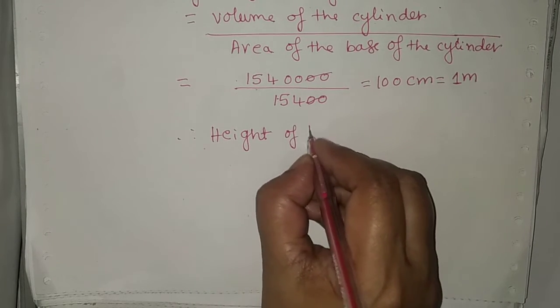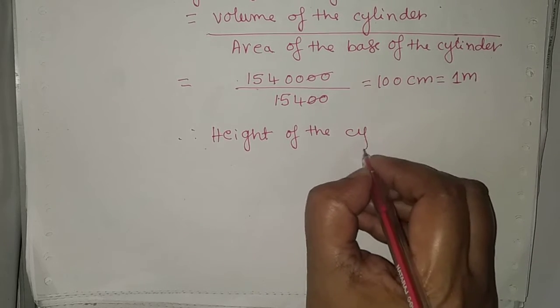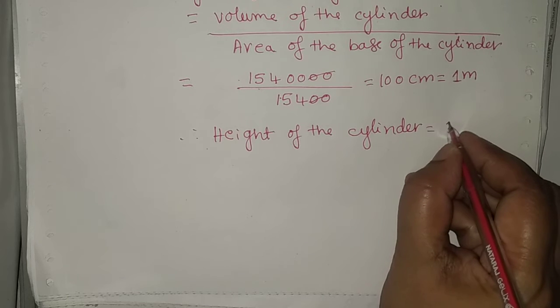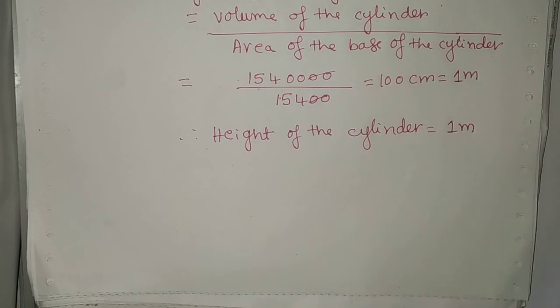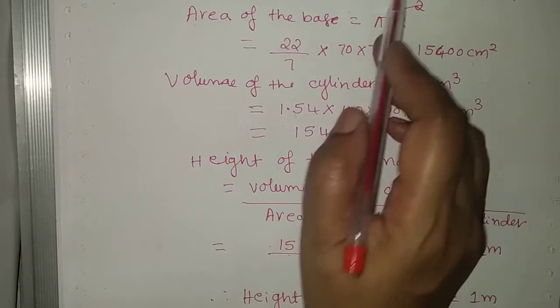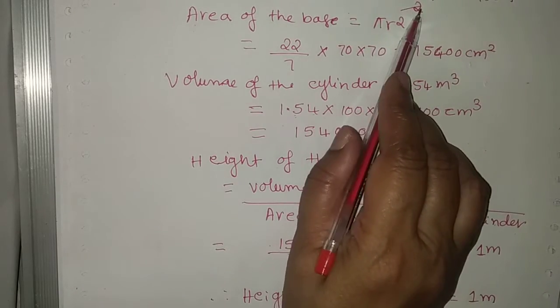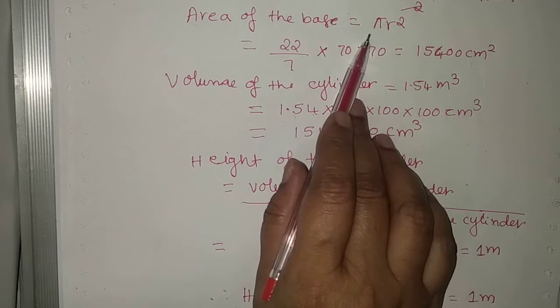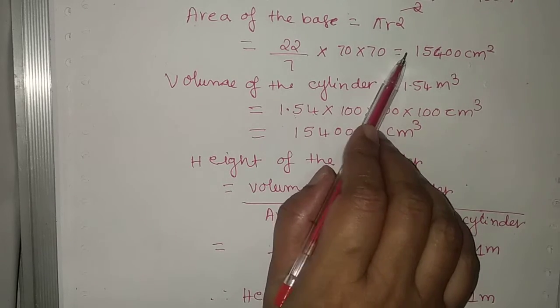Height of the cylinder is equal to 1 meter. So this is the solution for the fifth problem. First, the diameter is given in the problem as 140. We calculated the radius by dividing by 2. Then we have the formula area of the base as pi r square. Substitute here, we get